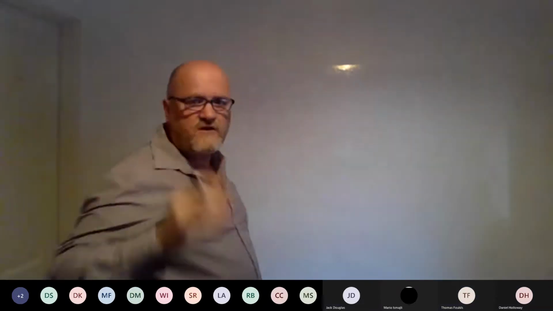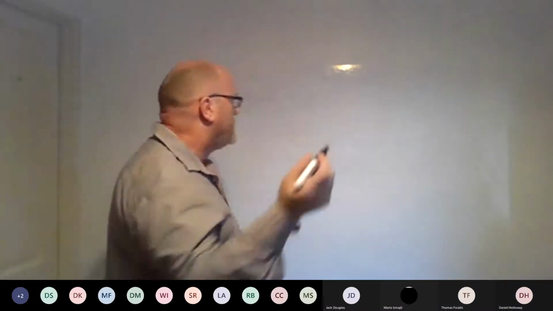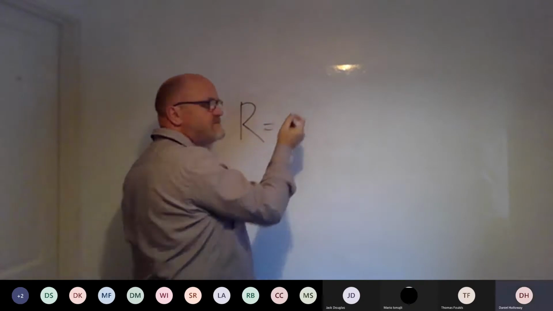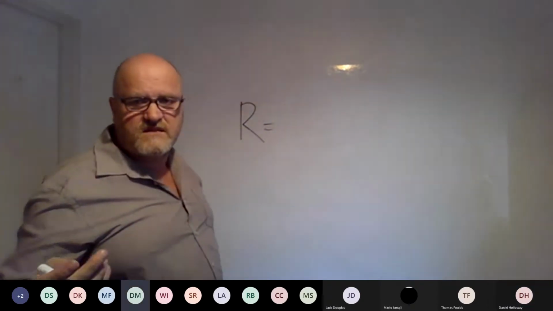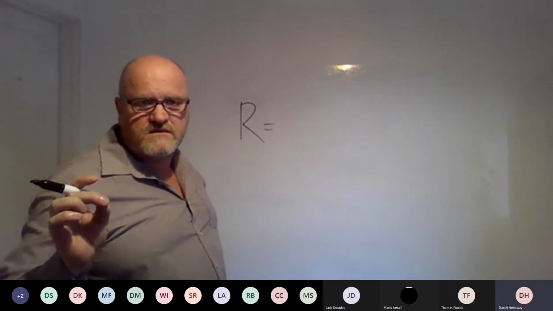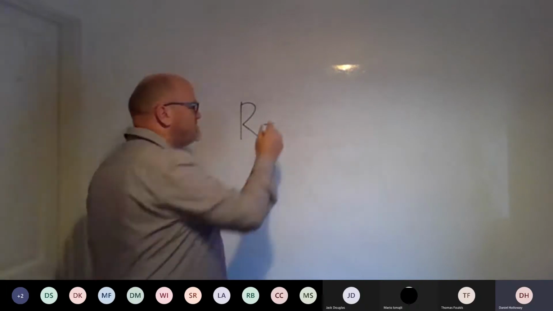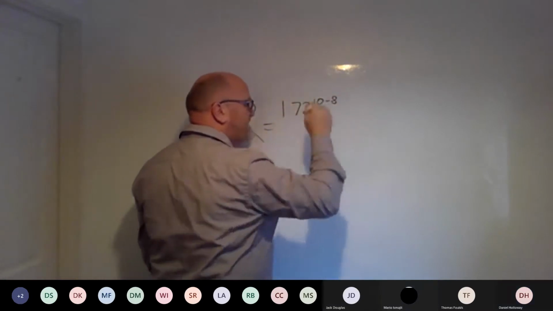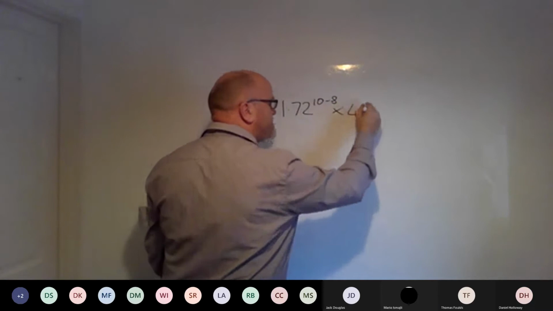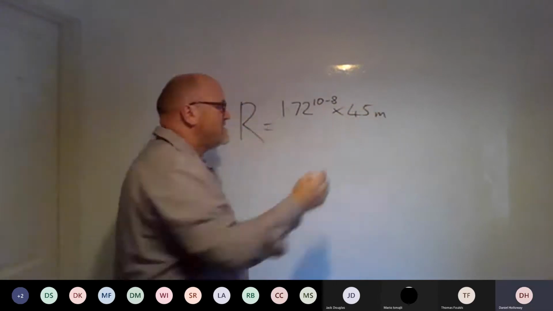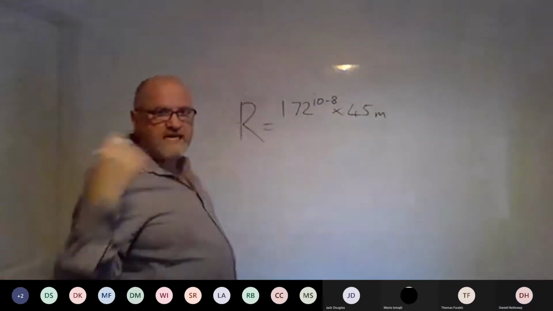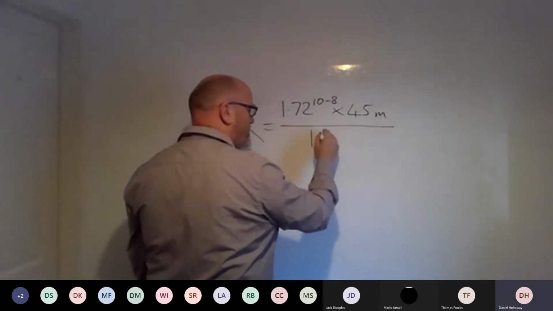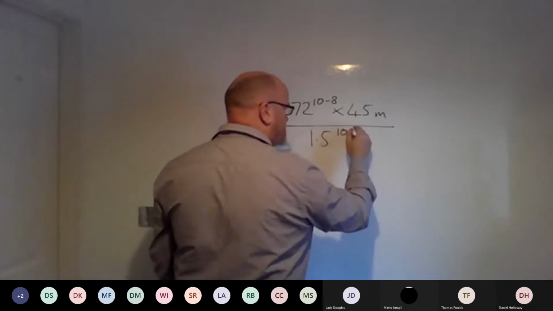Let's just think about if you've got 45 metres of 1.5 mil cable. Now, if I put that figure in, what's the resistivity for copper? 1.72, 10 to the minus 8. And let's say I put 45 metres of 1.5 mil cable in. I've done the downstairs lighting circuit, and I know it's 1.5, so it's 1.5, 10 to the minus 6.